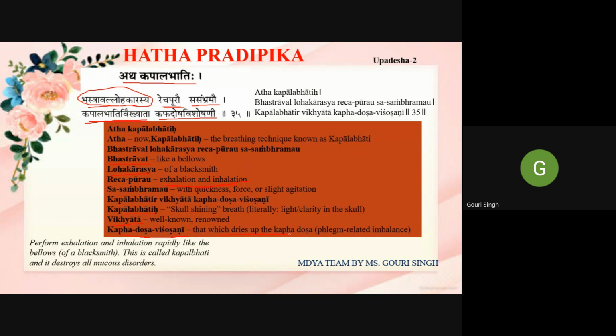Okay. So here one more you have to add. Kapalbhati is also said to remove your kapha dosha, but literally they do not define any particular things or numbers. But in dhauti it is present that 20 types of kapha doshas will be removed, meaning all kapha doshas will be removed if you are performing dhauti. But if you are doing Kapalbhati, it is said only that whatever kapha doshas are present in the body become destroyed. Kapha means any type of phlegm or mucus in the body that will be removed.